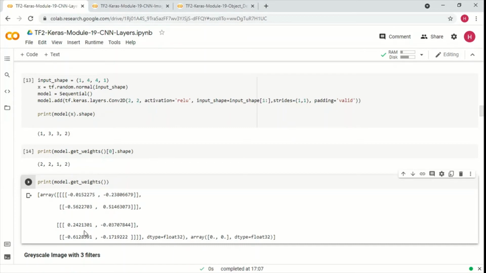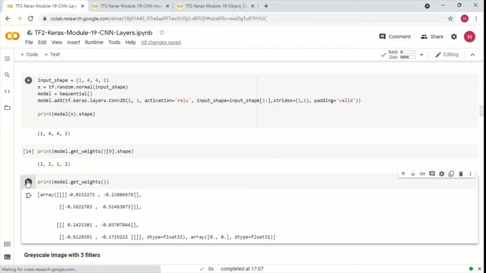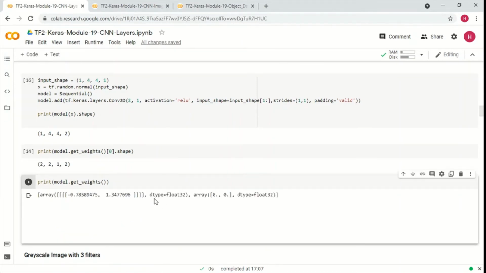So we got 2 sets, and to make things clear, let me change this filter size to 1 here, and then we'll be able to see this clearly.